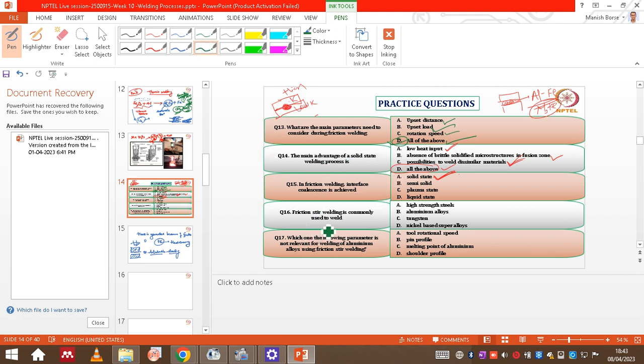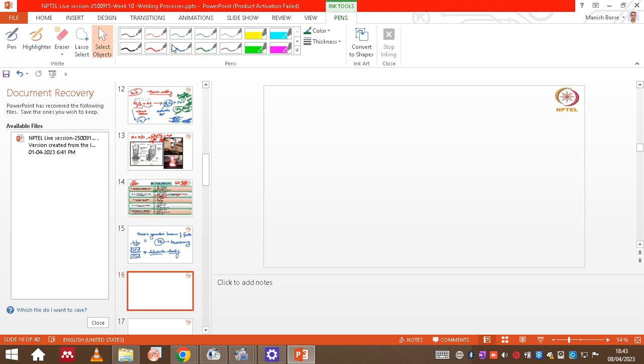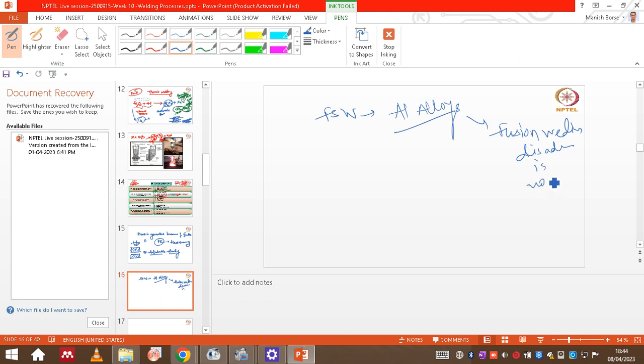This process is friction stir welding, which we will cover in more detail in the next live session. But just for preliminary information, I can say here that FSW is the ideal process for joining aluminum alloys. Okay, so we have seen that fusion welding has disadvantages, which are not there here. Because in friction stir welding, if we want to join two aluminum alloy plates,